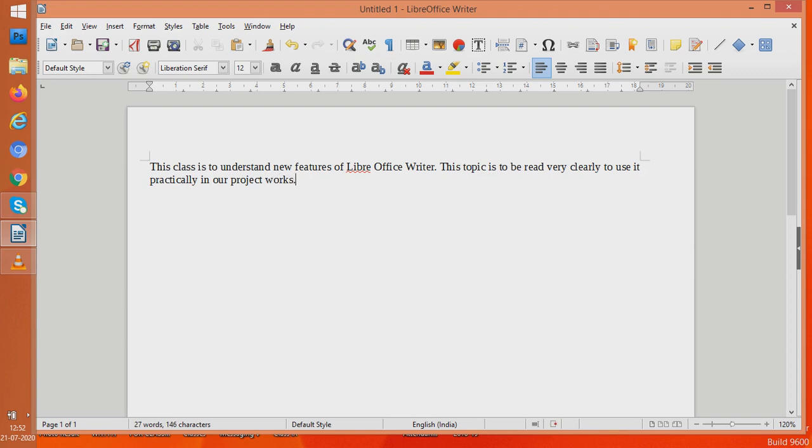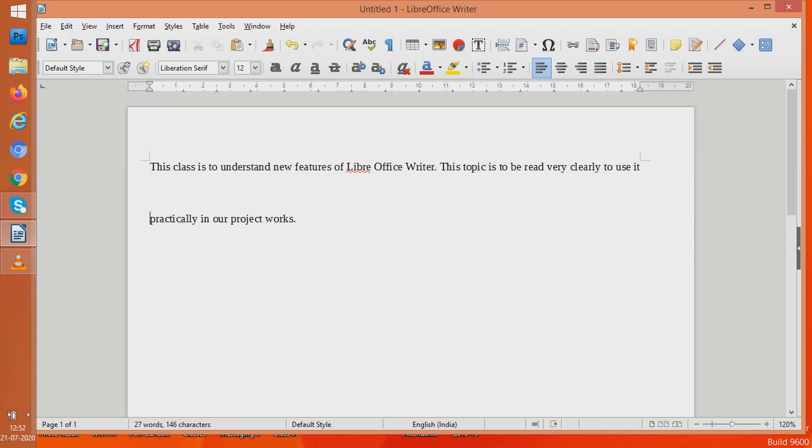Now I have 2 lines here. Now students, suppose I want that the first line should be printed in one page and the second line should be printed in another page. How can it be done? That means I want to put the second line in the next page, so I will have to press enter, enter, enter, enter, so that it goes to the next line. Isn't it very tedious to press so many enters?